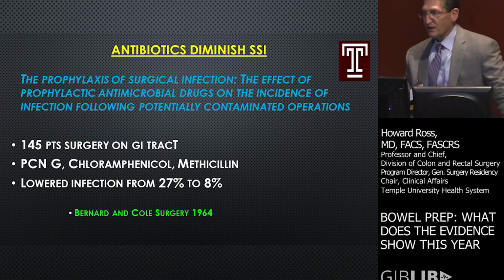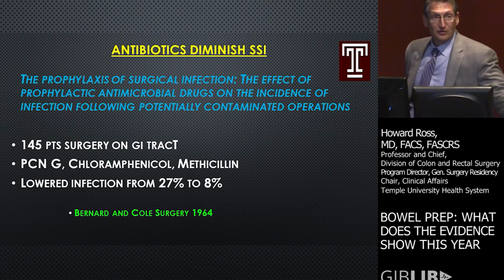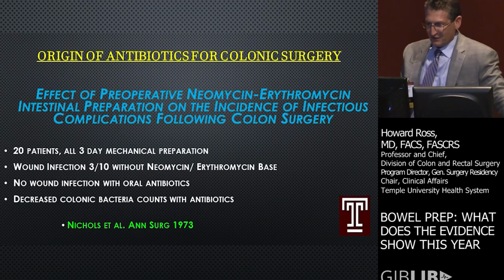So where did we start? It was 1964. And Bernard and Cole had 145 patients who were having surgery on the GI tract, and they used oral antibiotics, penicillin G, chloramphenicol, and methicillin, and they noted that their infection rate decreased from 27% to 8%. And that sat there for a few years, about 9 years, and then